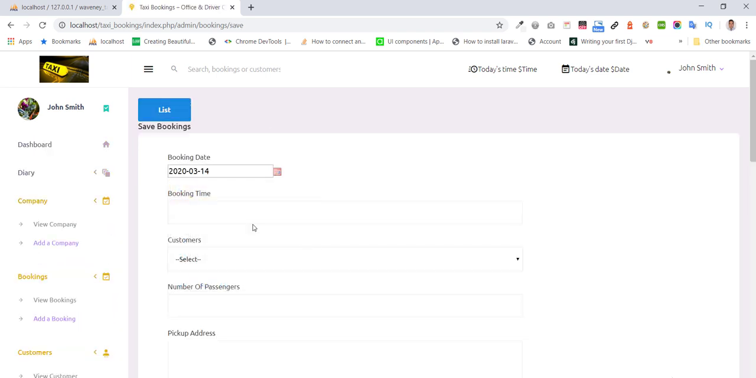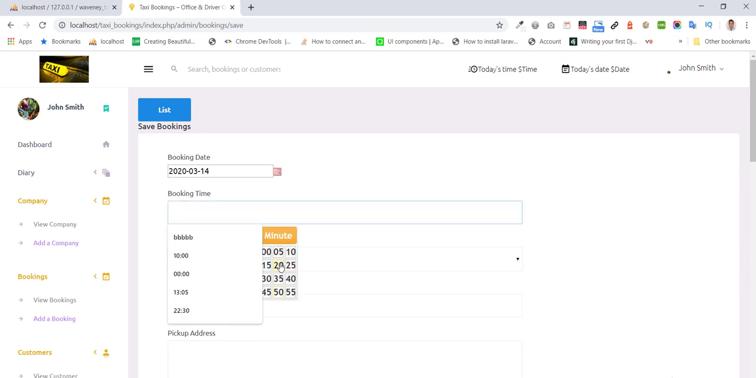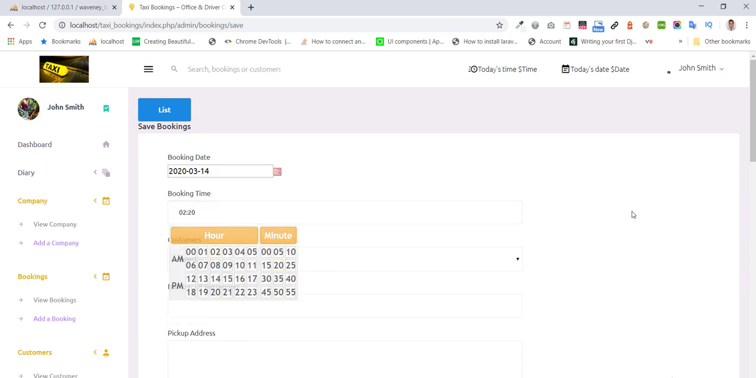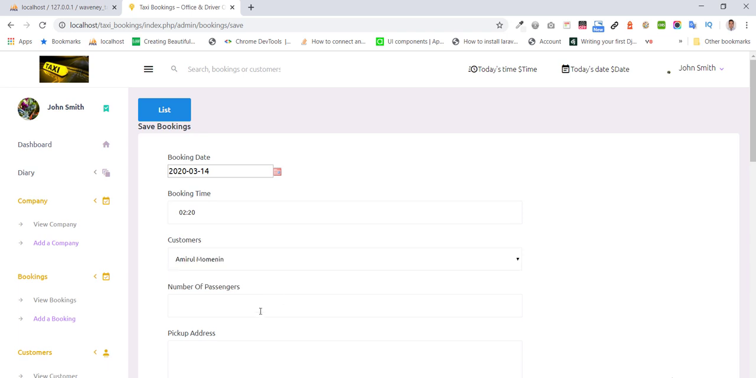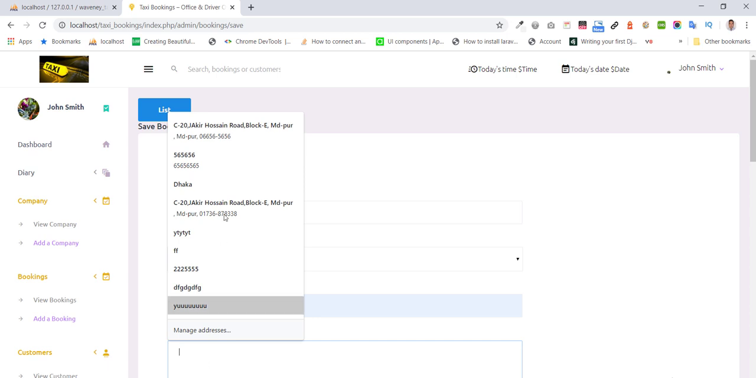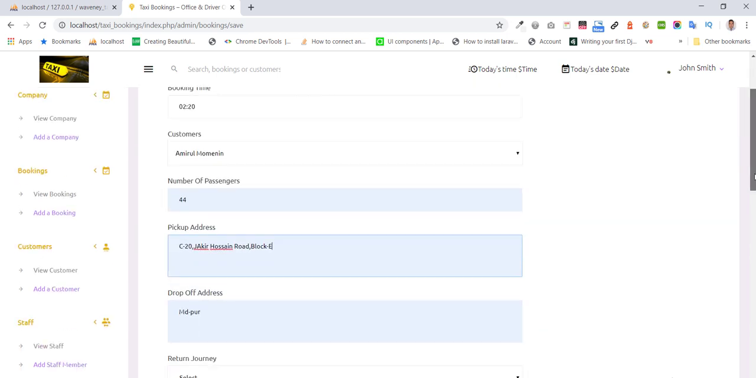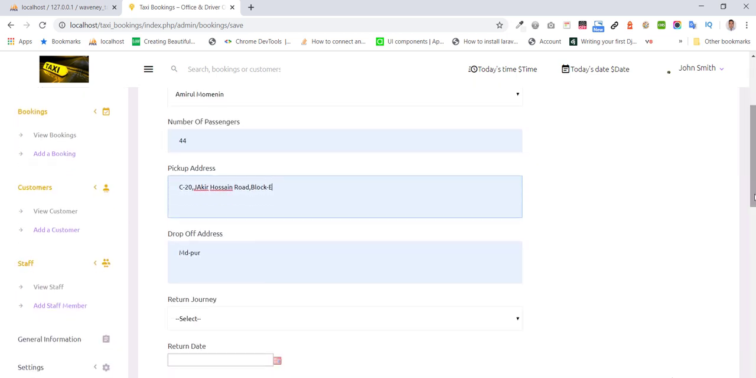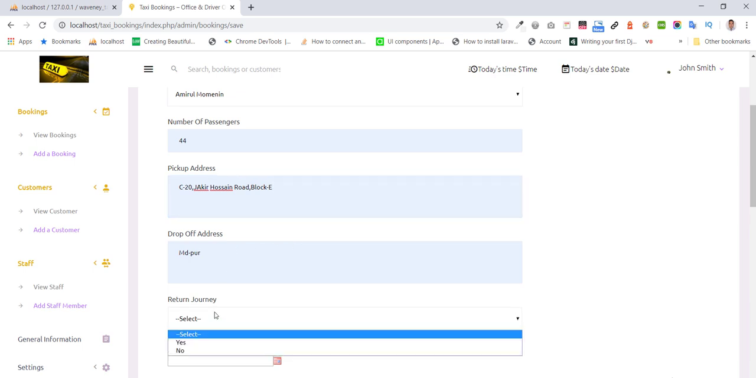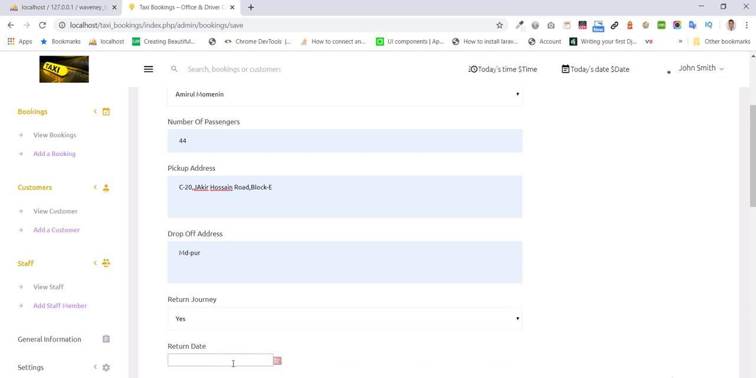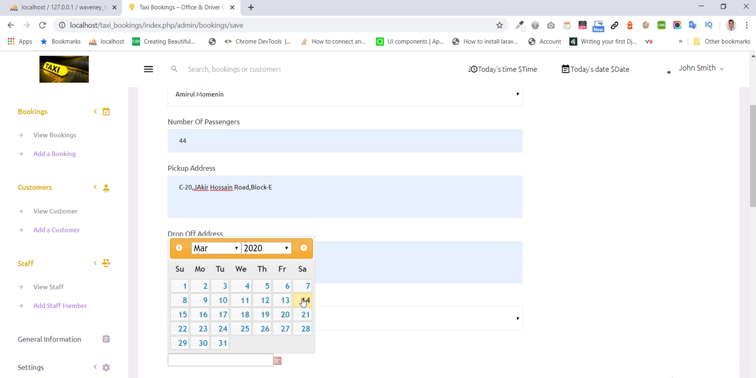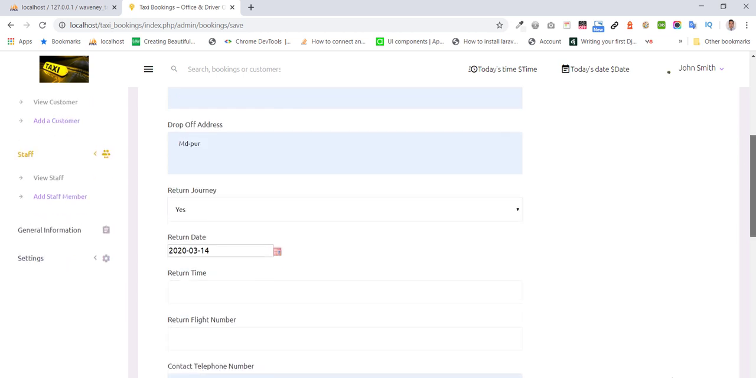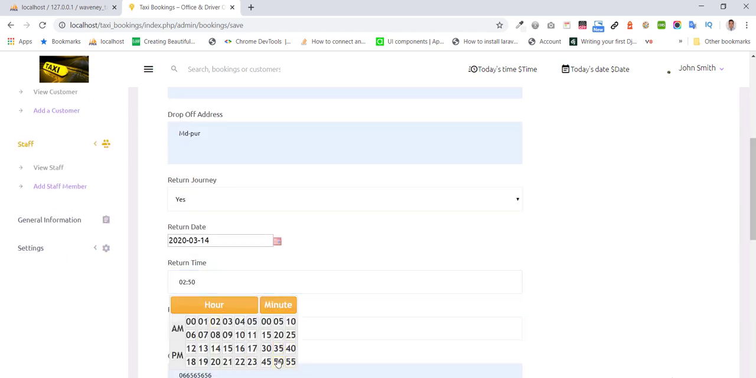booking date, booking time, customers, number of passengers, pickup address, drop off address, return or not, if return then date, return time,